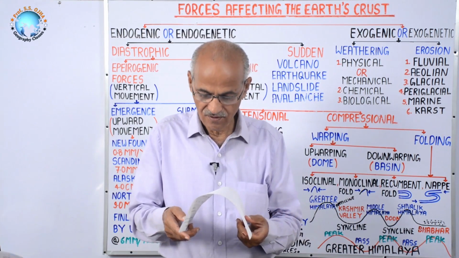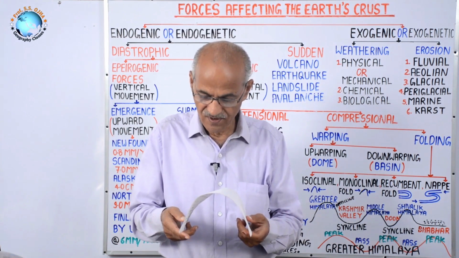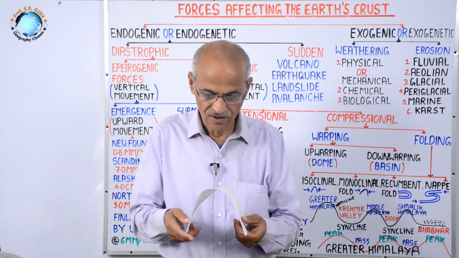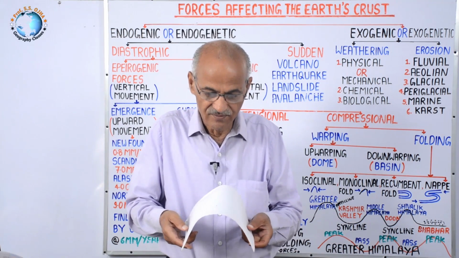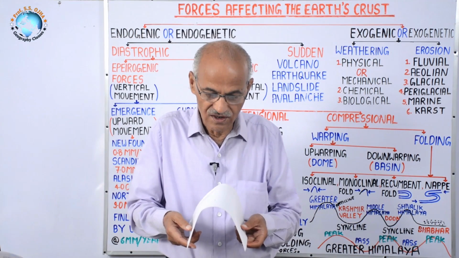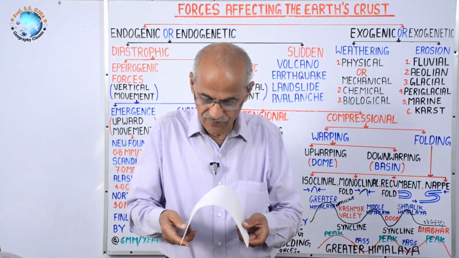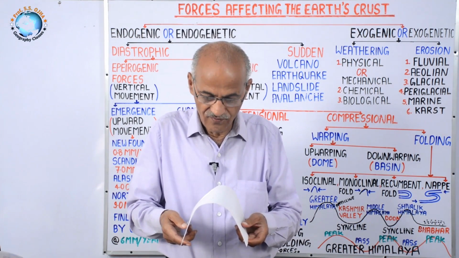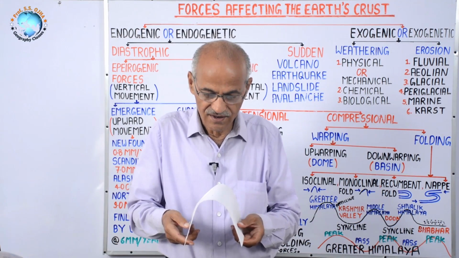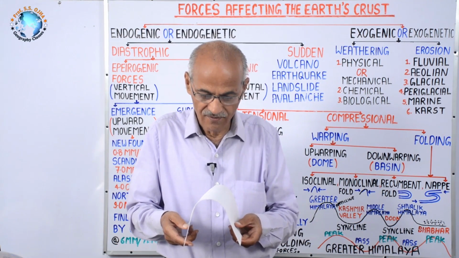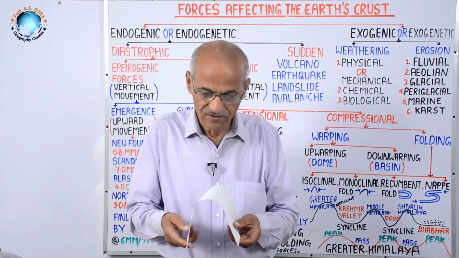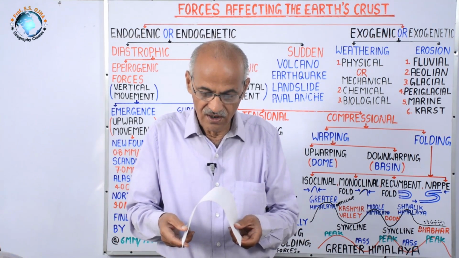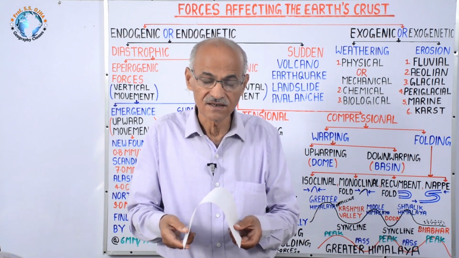Suppose both my hands are the plates coming closer and the sediment deposited between the two is rising up. If the force is equal from both sides, then both the slopes of this uprising fold will be equal. That's why this is called